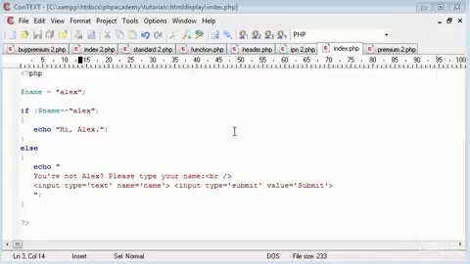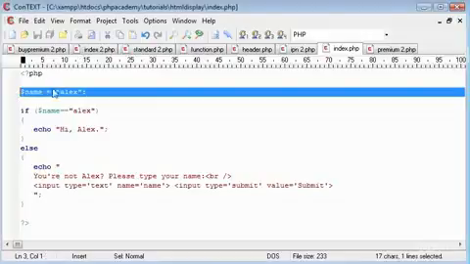Okay then, so here's a quick tip for displaying HTML inside your PHP files. When you're using, say, if statements or anything that uses a block, and you need to do this on a condition, or maybe not a condition, maybe you're just trying to output a lot of HTML inside something that's working in PHP. So in this example, I've just got a variable called name, and this is set at the moment